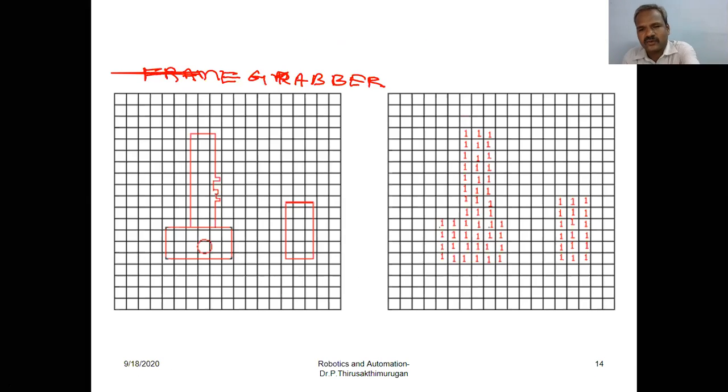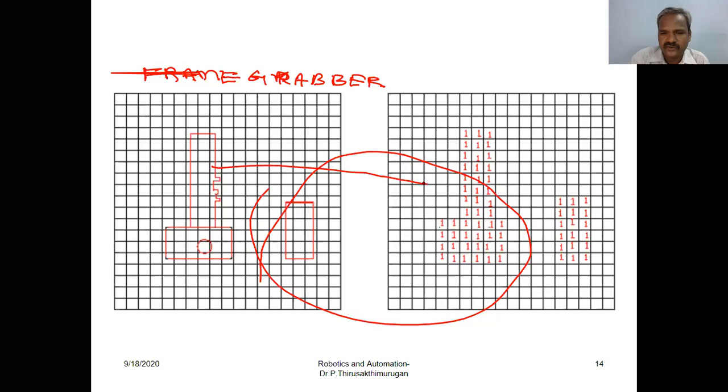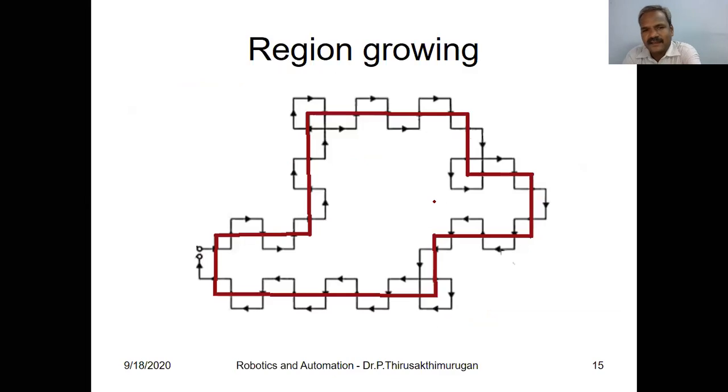First you have to assign zeros and ones for region growing from this object. After that, we have to cover all the borders.